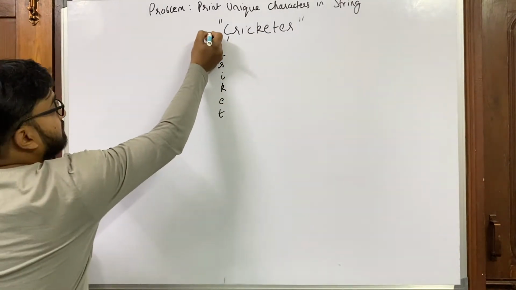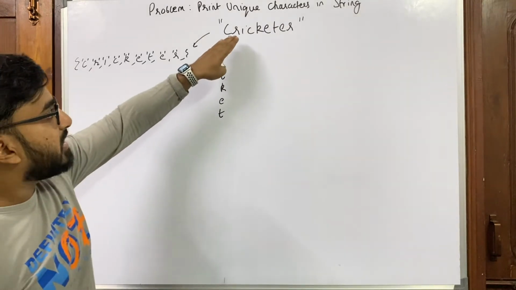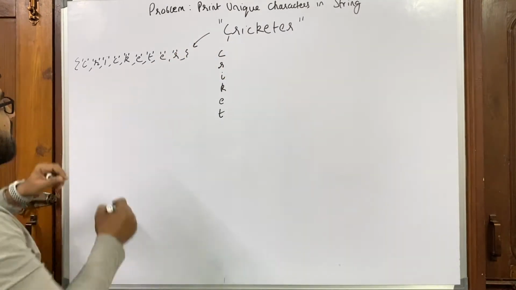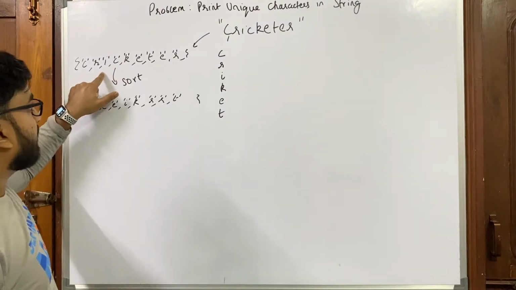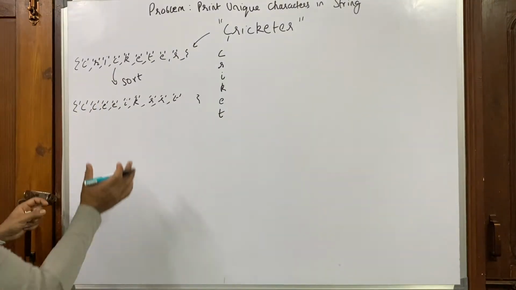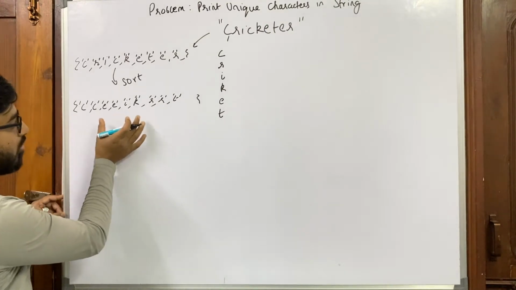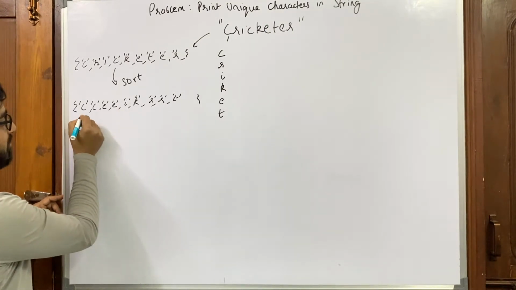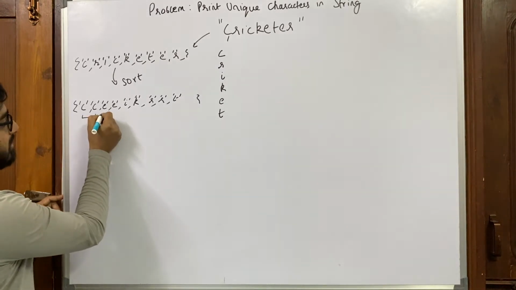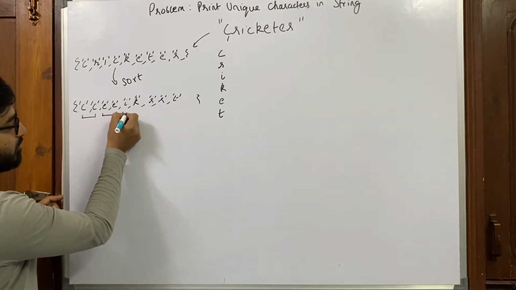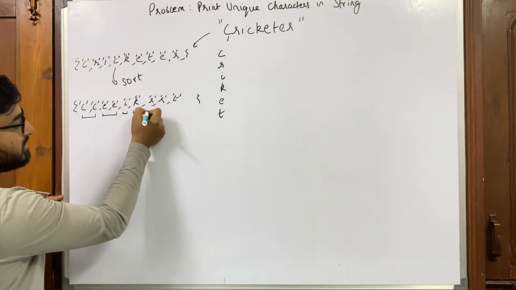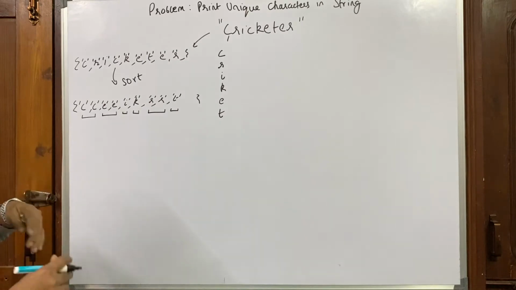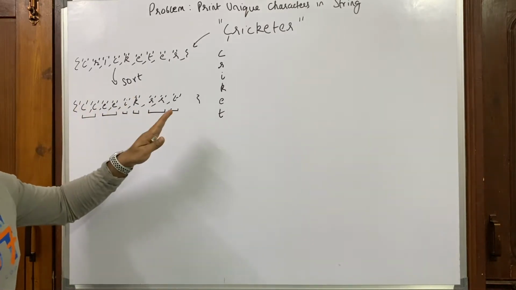So I'll convert this string into a character array. When I extract the characters out of this string into an array, I get something like this. Then I sort this array into ascending order, and we get this. From this array, you can observe that all copies of the same character are occupying continuous indices. For example, C occupies these two indices, E occupies these two indices, I occupies one index, K occupies one index, R occupies these two indices, and T occupies this last index. So we are bringing all the copies of the same character together by sorting this.